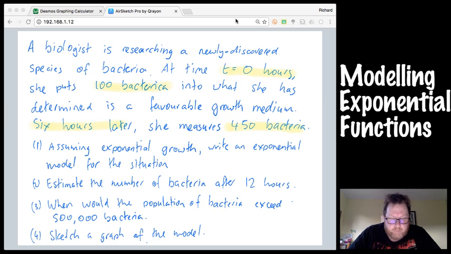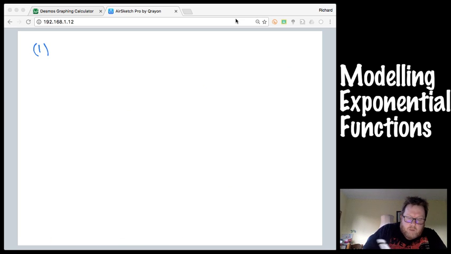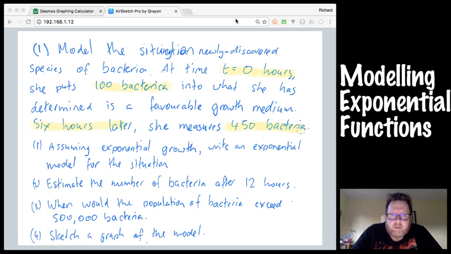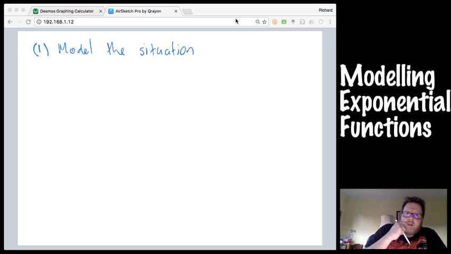So part 1 is to model that graph, model the function. Model the situation. Okay, well, what I can tell straight up from the situation is that there's nothing in that problem which seems to suggest that there's any kind of horizontal or vertical shift happening. So I reckon that we'd be pretty safe to determine that the model, let's call it, okay,